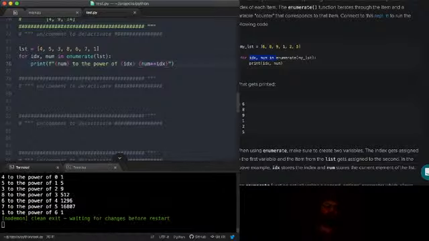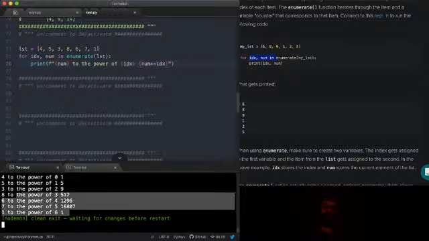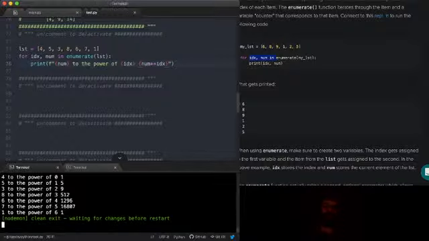So hopefully this will give you a better idea too. So 4 to the power of 0, right? The number is 4, the index is 0. And you can see the indices are going to be 0, 1, 2, 3, 4, 5, 6, right? So enumerate, again, is going to give us access to that index. You also have the option on where to start the index.